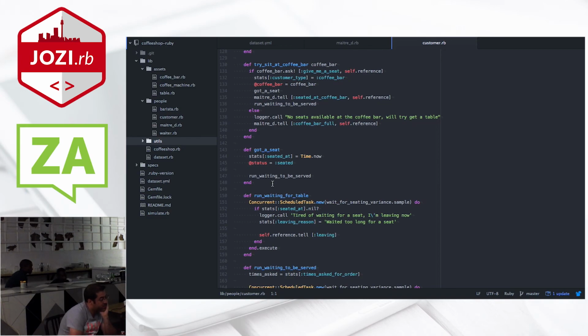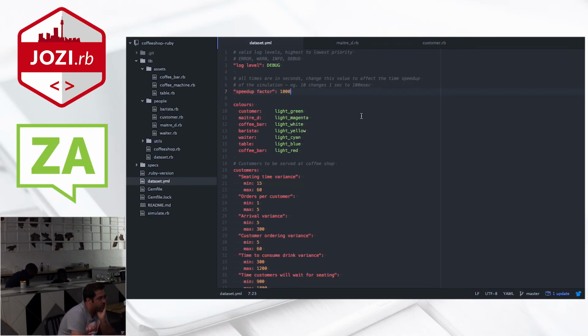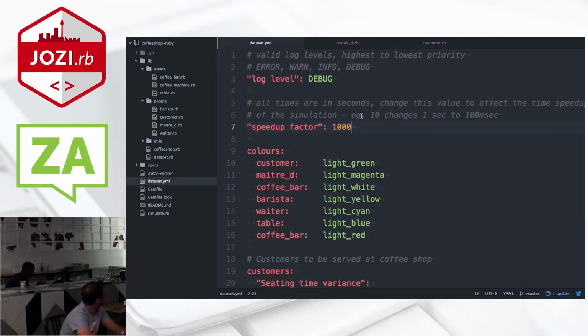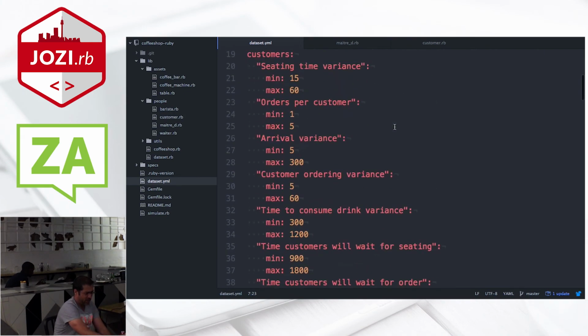Okay, so this is, as I said, a simulator for a coffee shop. There's a couple of things here that you couldn't actually simulate properly. Oh, right, sorry, I thought I'd made it bigger already. Can you see that? Is that okay? Things like physically making the coffee, I abstracted that away as sort of a wait